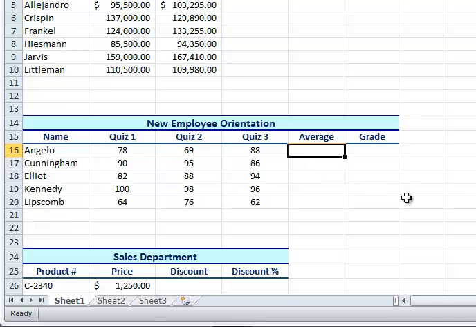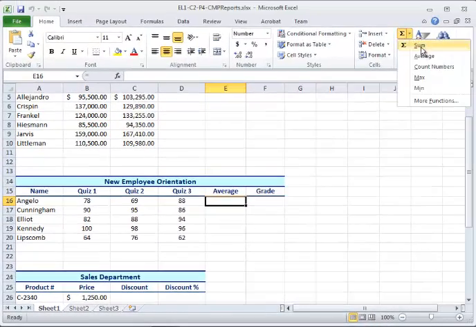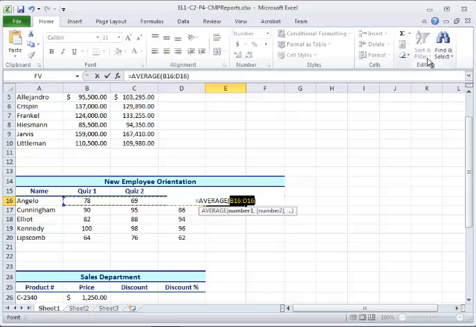So let's calculate the average by selecting E16 and then going over to the AutoSum button, but instead of clicking on AutoSum, click on the downward arrow and then click on Average. You will see marching ants going around those 3 cells for Angelo, and the formula says AVERAGE B16 through D16, and you can see it a little better here in the formula bar. Once you confirm that's correct, hit the Enter key